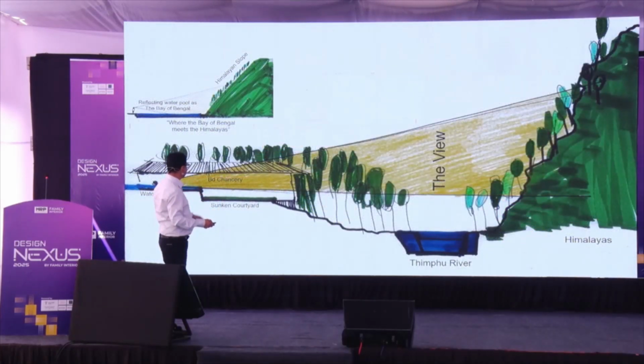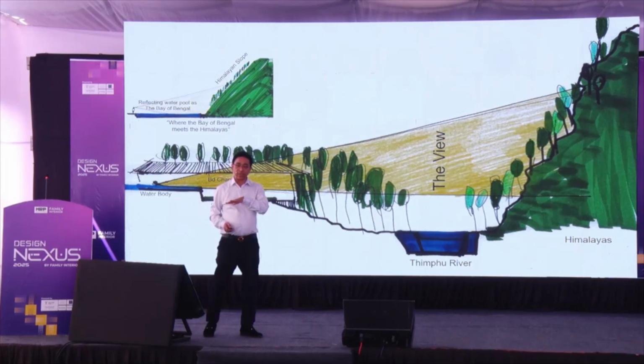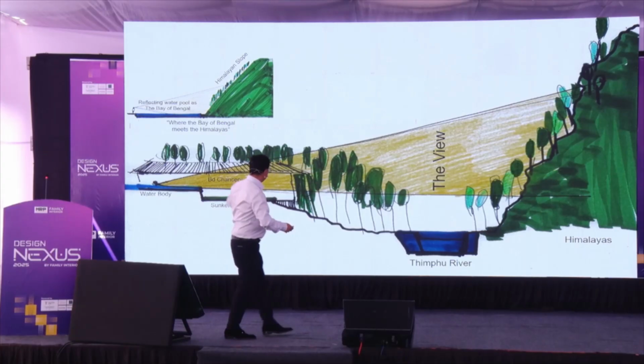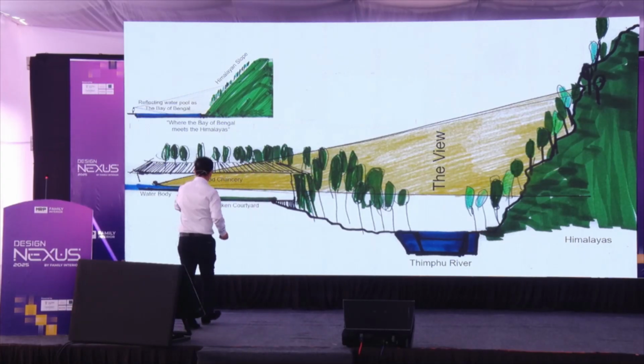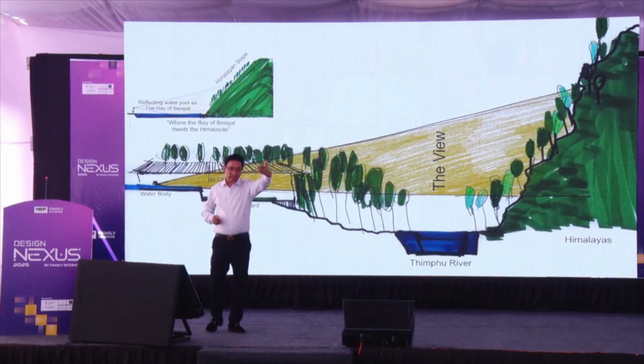These are the sketches. You can see what the design actually came up with: we designed a courtyard, which is a water court, very shallow, 200 millimeters deep, but actually focusing on the Himalayas with the infinity edge, because my land is going down, so I can see from here the infinity edge, the water and the hill, the mountain coming up.